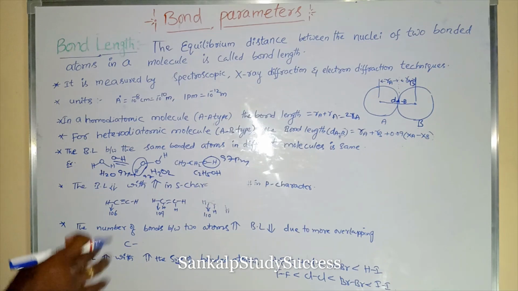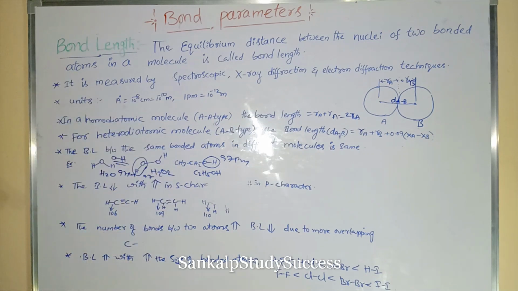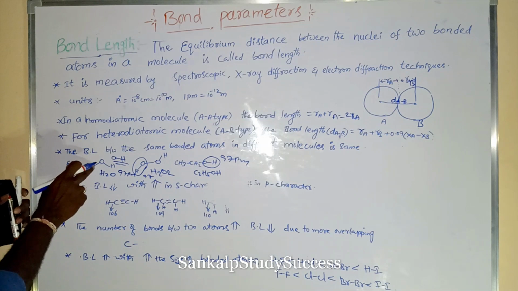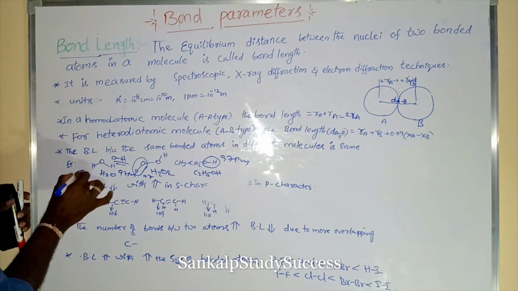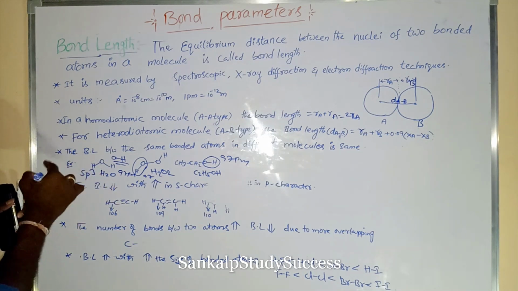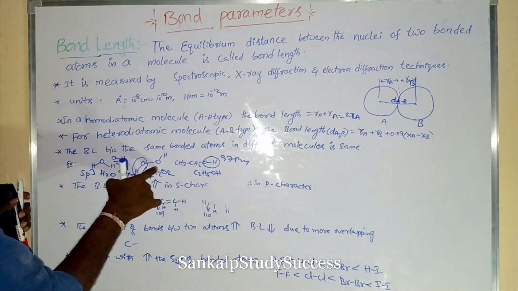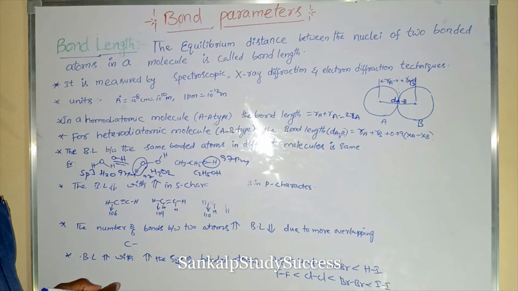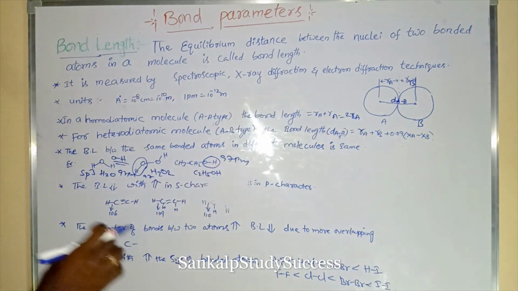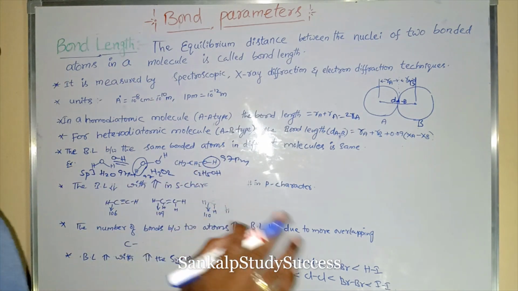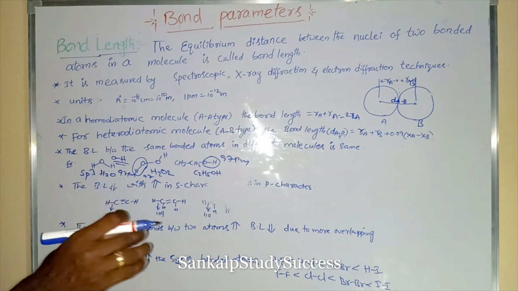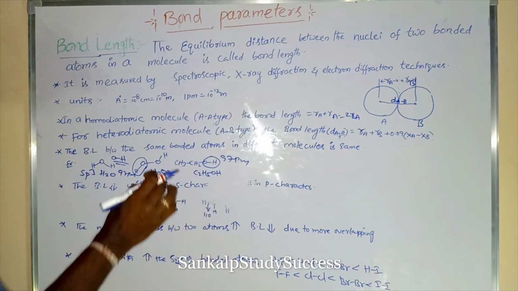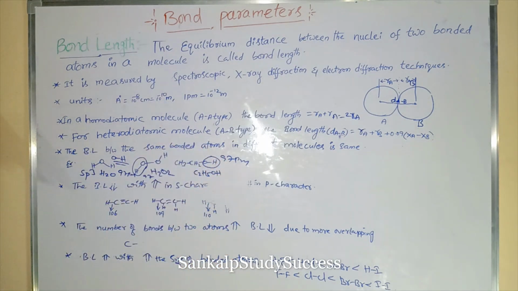due to all those molecules undergoing the same hybridization. What is the hybridization of H2O? sp3. What is the hybridization of H2O2? This is also sp3. Similarly, ethyl alcohol is sp3. So all have the same hybridization. If molecules have the same hybridization and contain the same bonded atoms, their bond length is the same.